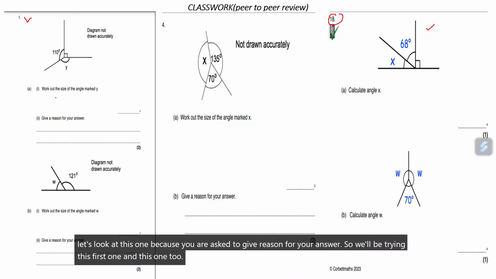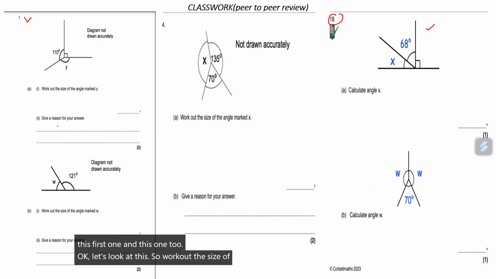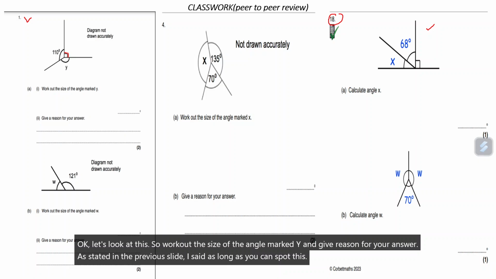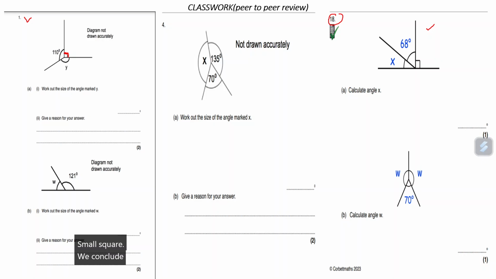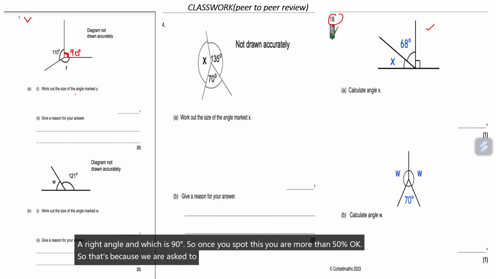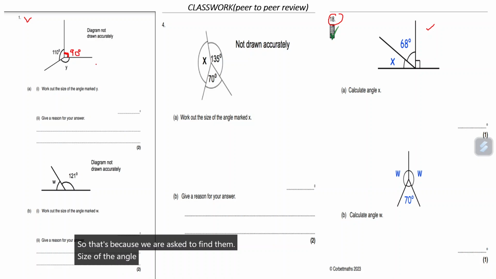Okay, let's look at this. Work out the size of the angle marked Y and give a reason for your answer. As stated in the previous slide, as long as you can spot this small square, we conclude that this is a right angle, which is 90 degrees. So once you spot this, you are more than 50% okay. Because we are asked to find the size of the angle marked Y, that will be Y